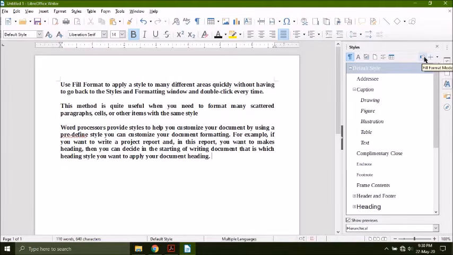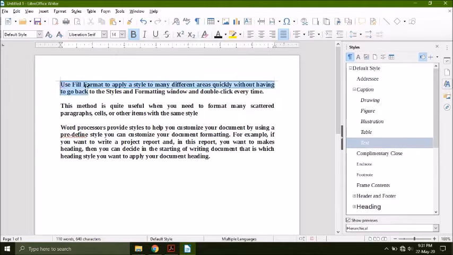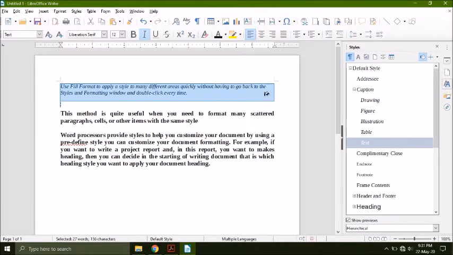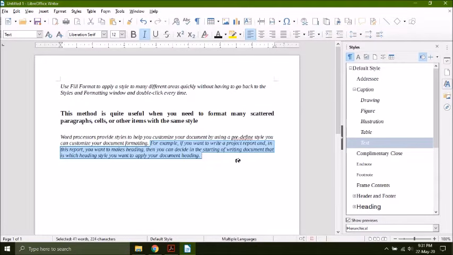Now to use this fill format mode, first I will select whatever style I want from this. Suppose I want this text style, I will click on this text style, then I will click on fill format mode. Now instead of selecting the text, I can quickly apply this to, I will just apply it and you can see this is applied. Now suppose I don't want to apply this effect over here, so I will leave it, and I want to apply it from here, so I'll just click over here, drag it and then leave it.